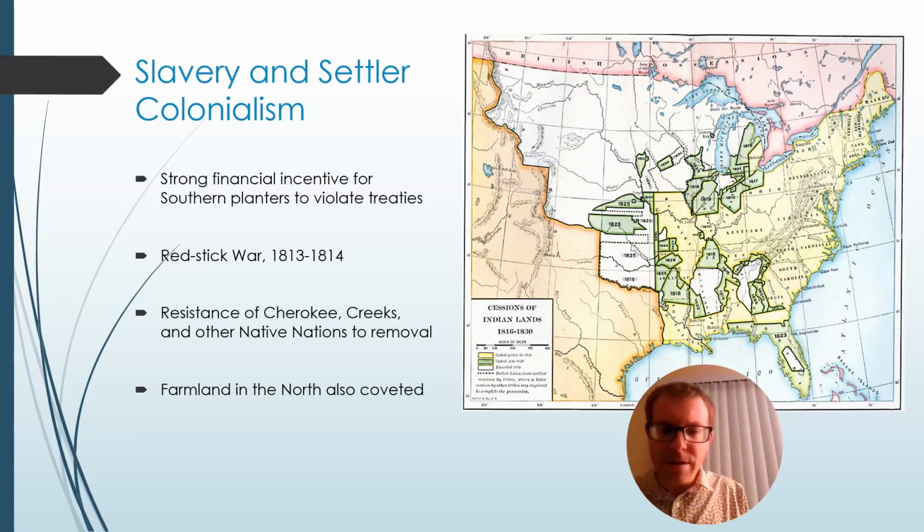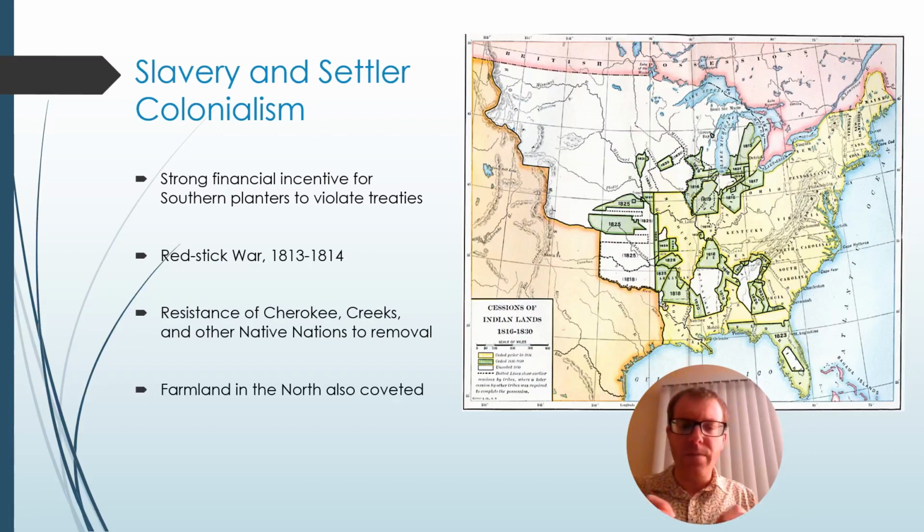are also coveting land of Algonquin nations in the modern-day Midwest. And so remember, the Algonquin nations of the Shawnee, the Miami, the Lenape lost a lot of territory in Ohio, but they settled in Indiana and parts of Michigan and parts of Illinois. And the United States also wanted to expand into those regions as well. And so we'll talk about the Trail of Tears and what happens to both of these groups of native nations